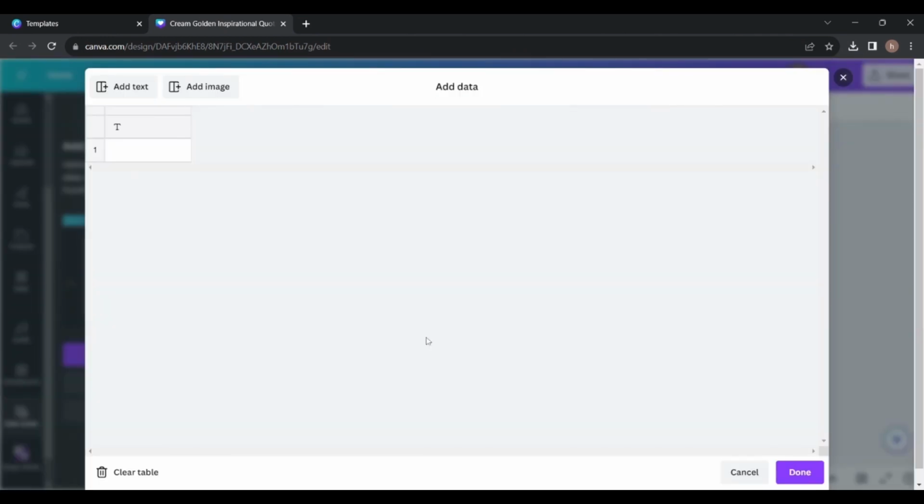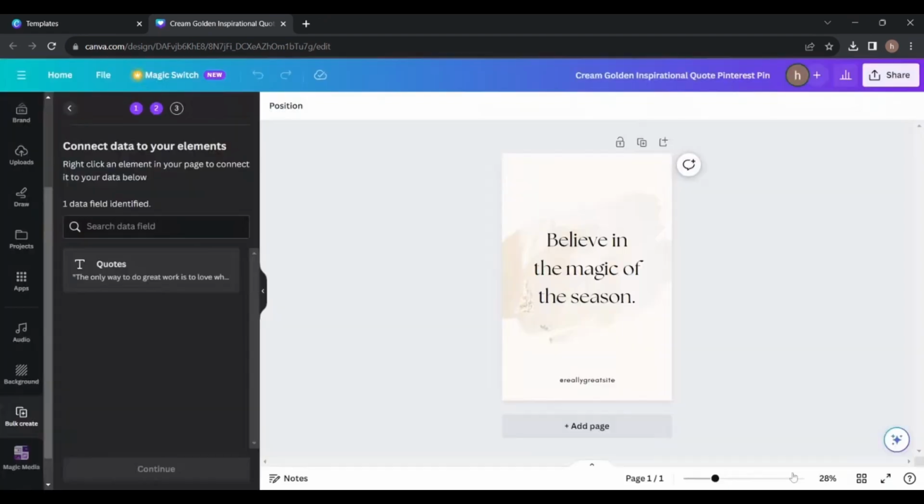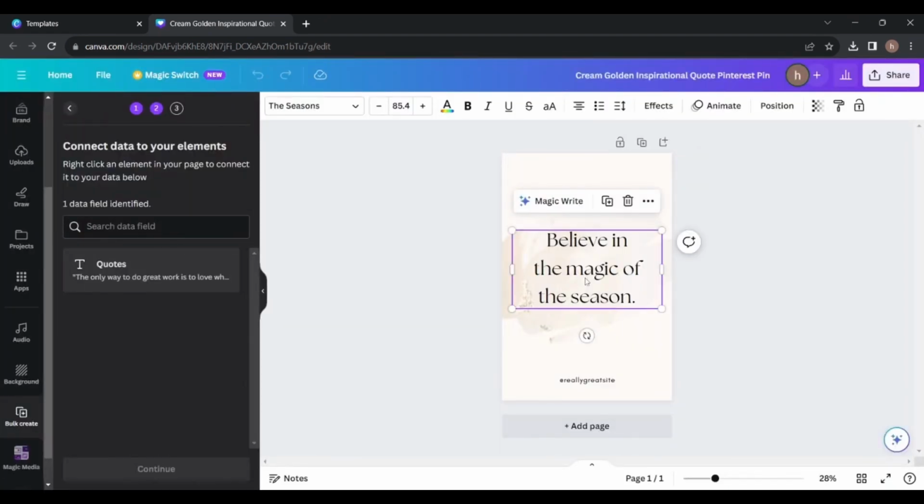And I have asked ChatGPT to give me some inspirational quotes. So I'm going to copy paste it into this. Once you've added it, you want to give it a name, say quotes, click on done, and then click on